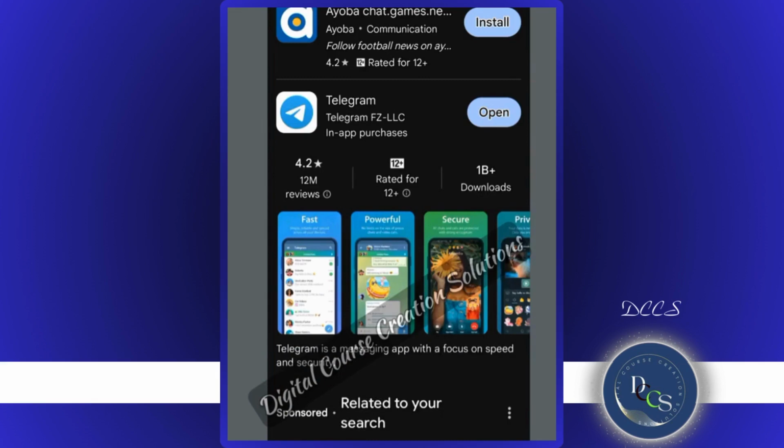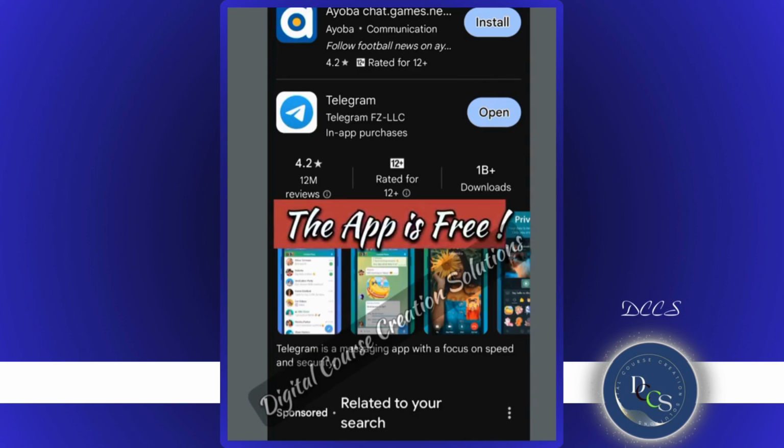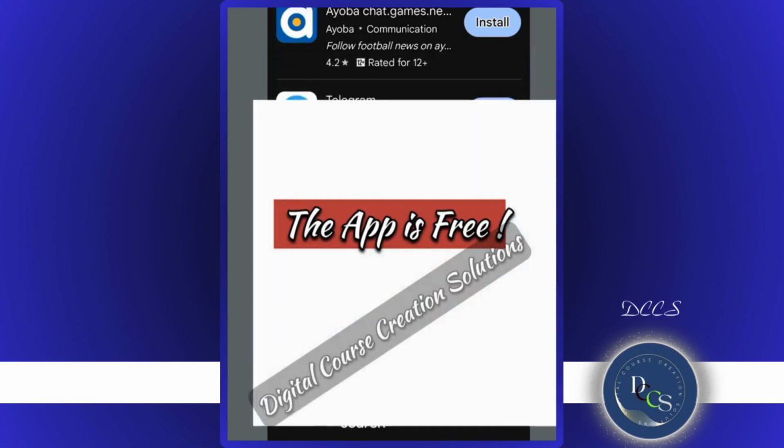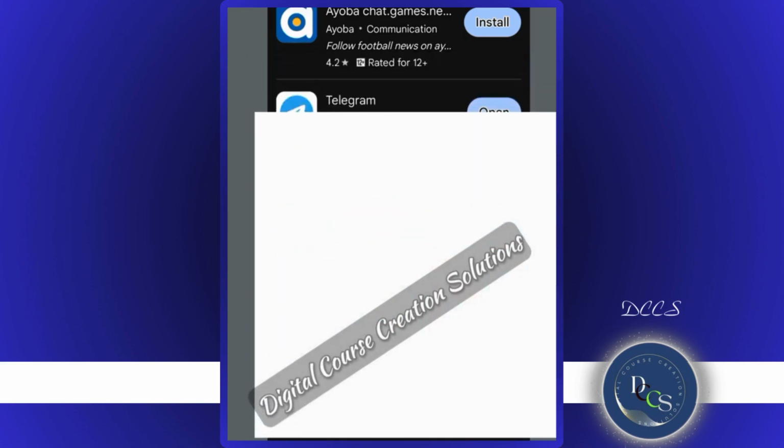So for me, I have the Telegram app already on my phone. For you, you should see install. Simply click on install and get registered after it is installed so that you can have access to Telegram. Now, whichever pin you're going to use for your Telegram app, make sure you don't forget it. Write it down somewhere, because you'll be locked out of your Telegram app, especially when you apply